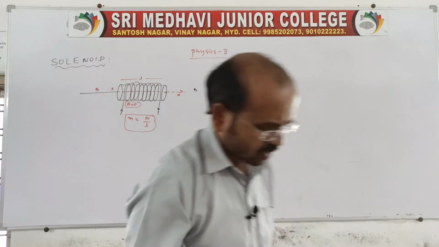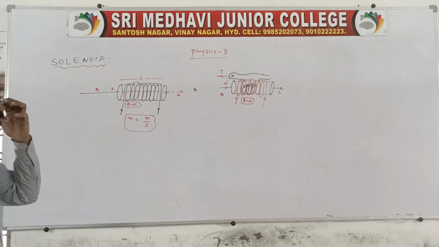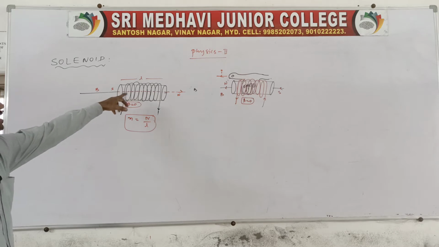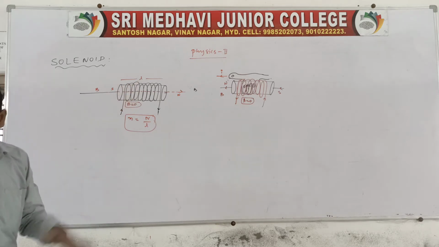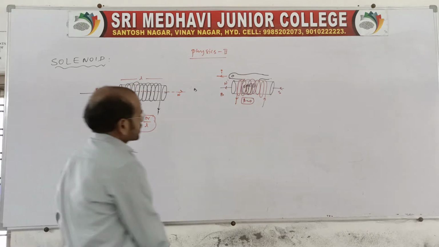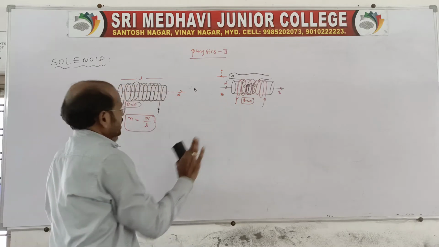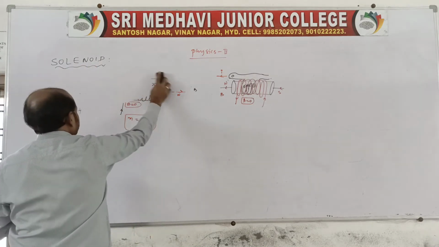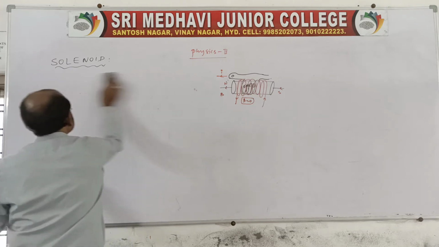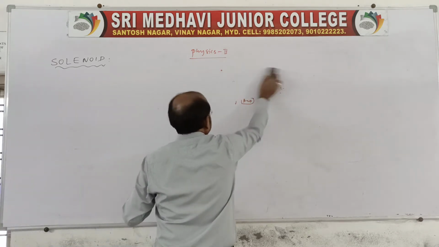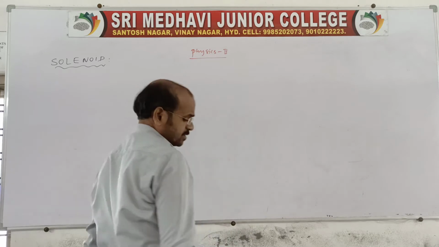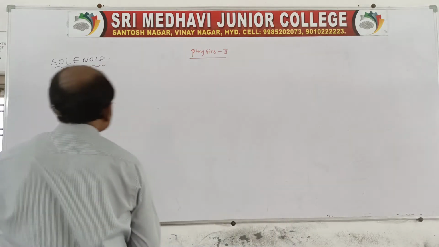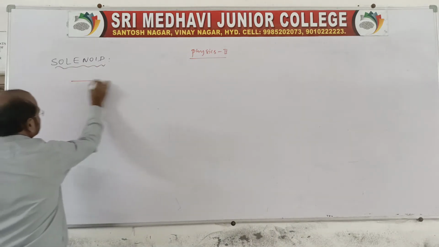On this basis, we now need to find the magnetic induction at the center of the solenoid. Here are the solenoid diagrams. Let us take a solenoid which consists of a number of turns, the number of turns per unit length. Let me show you a solenoid diagram. Actually this is an IPE question.